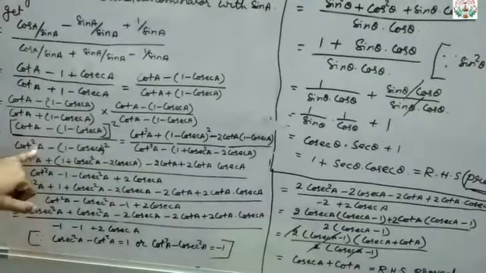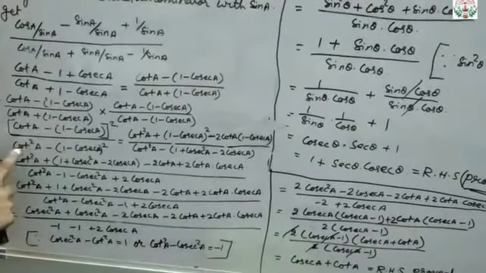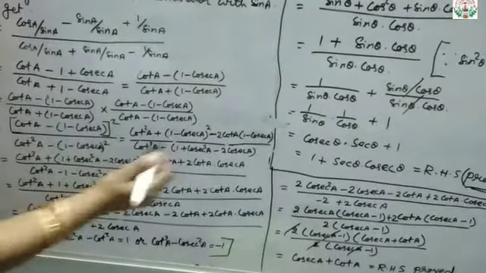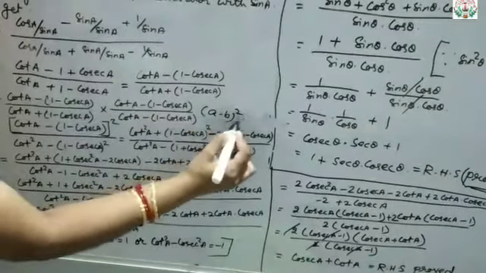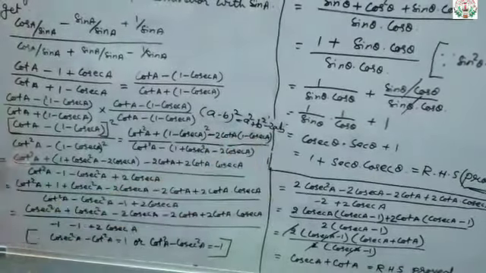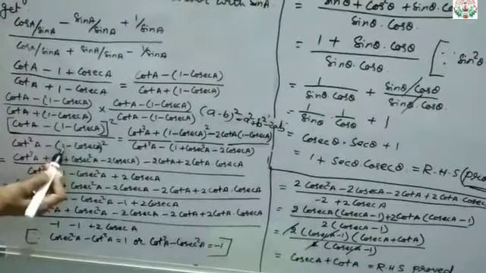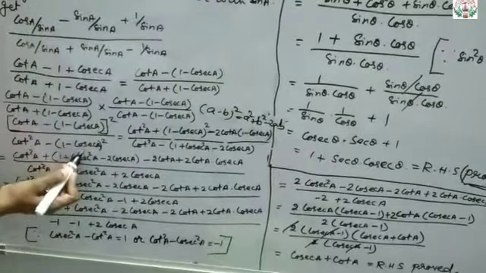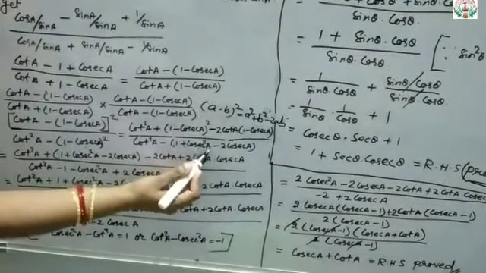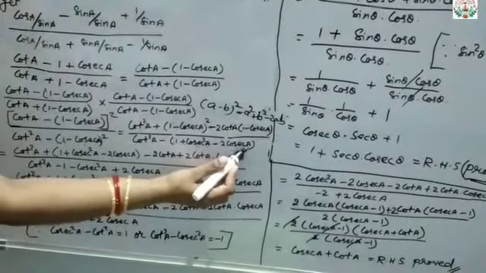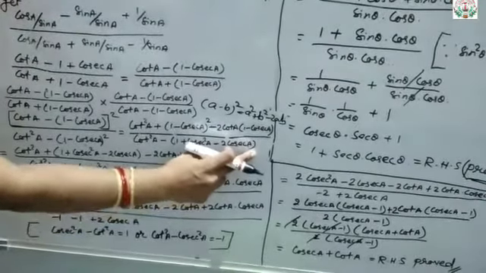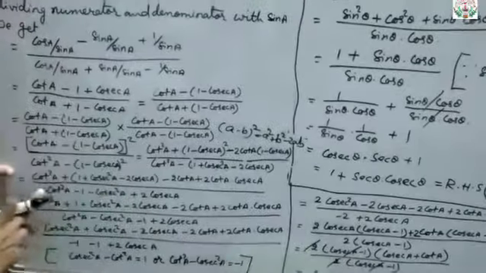You can write. So now this one's square we will find out. Cot square A we will write as it is minus. Now we will use this formula. Which one? Here we will use a minus b whole square formula, which is equals to a square plus b square minus 2ab. Okay, so see, this will be 1 in place of a, what is there, 1, and in place of b, cosec a. So 1 square plus cosec square a minus 2 into cosec a. Okay, that means a square plus b square minus 2 into a into b. Okay, got it? Now open the brackets now.